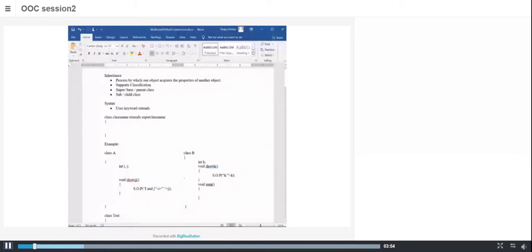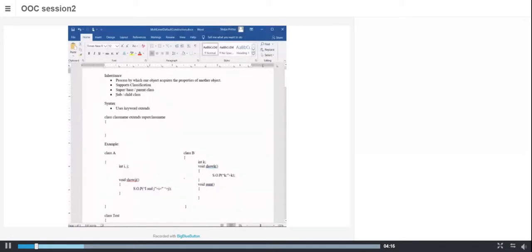The class from which I inherit the properties is known as the superclass, base class, or the parent class.